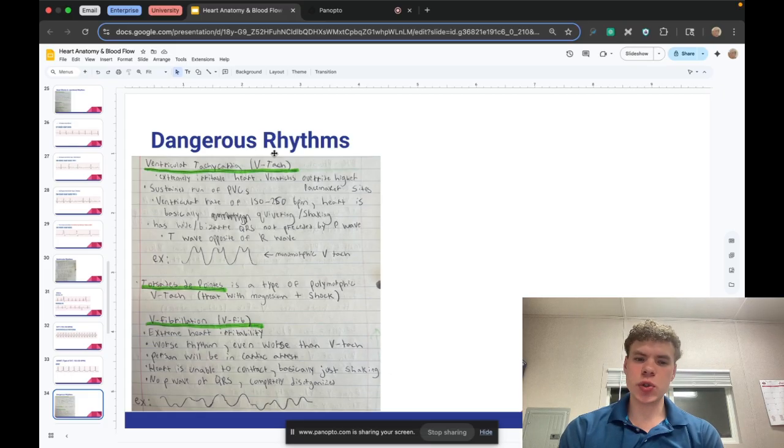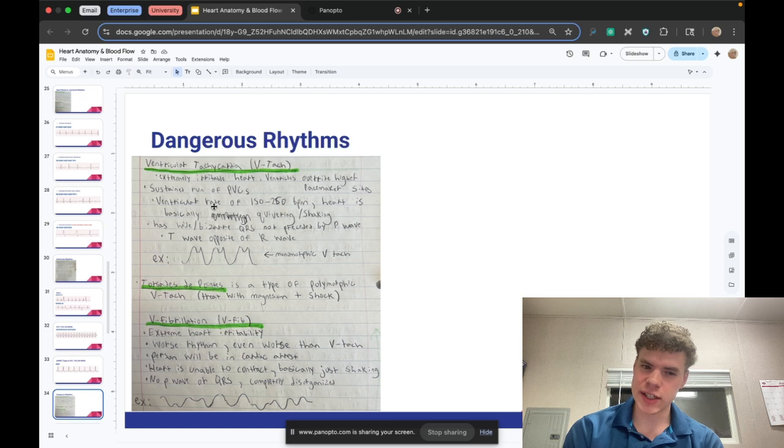And these are your dangerous rhythms, because if someone is in ventricular tachycardia, they're probably in cardiac arrest. Someone can be in VTAC with a pulse, but it's rare. If someone is in VTAC, they're probably in cardiac arrest. They need CPR. They need defibrillation, right? Torsades de Pointes is a type of polymorphic VTAC, right? And ventricular fibrillation is